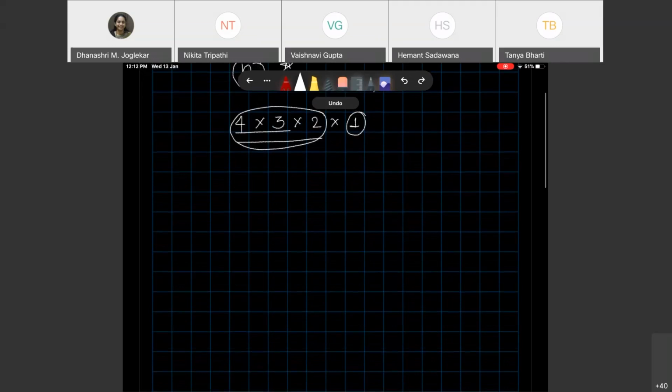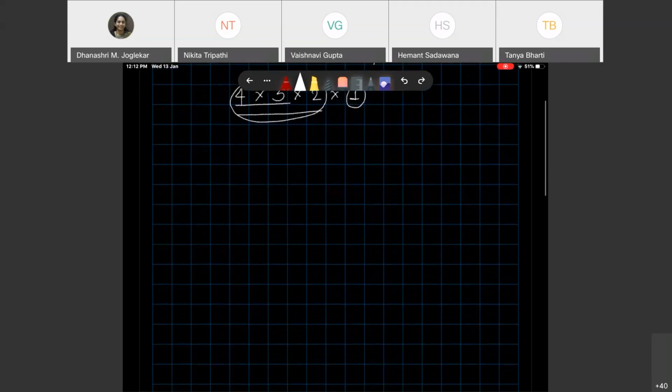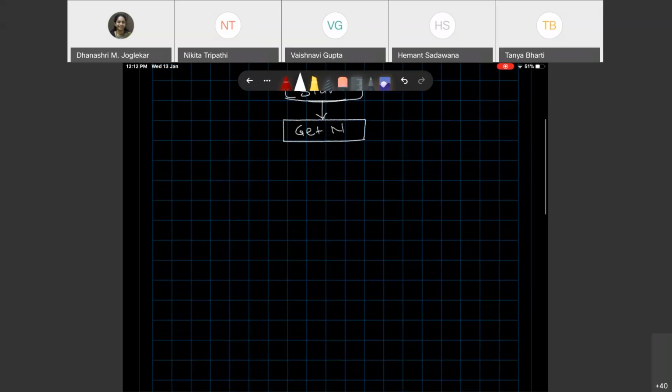So let's try to draw a flow chart of it, and I want you people to help me out in drawing this flow chart. If I have to draw the flow chart for a generalized number, let's say n, I'll first of all obviously start, and once I start, the next process will be get n. Let the user input it, or you will be defining n.